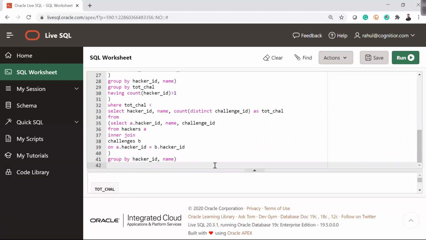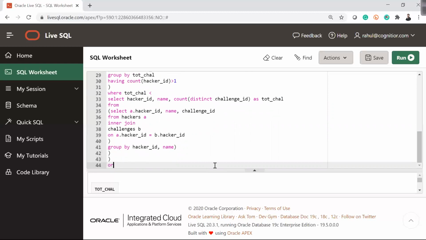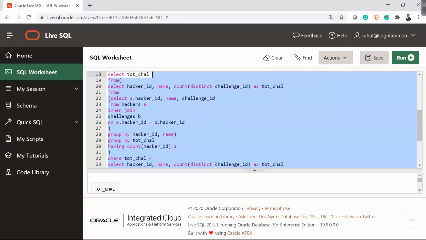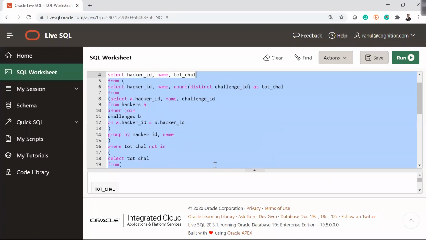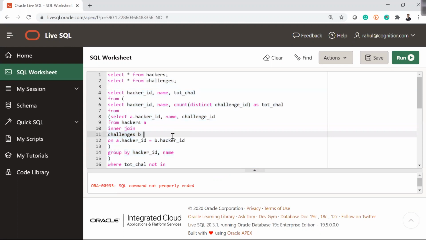Bracket, bracket, bracket, order by total chal DESC, hacker ID. Now this entire big query is going to give you the output. Obviously, it's a very big query, and there are chances that we may face some error. Let's execute this. Yeah, it's not ended properly.